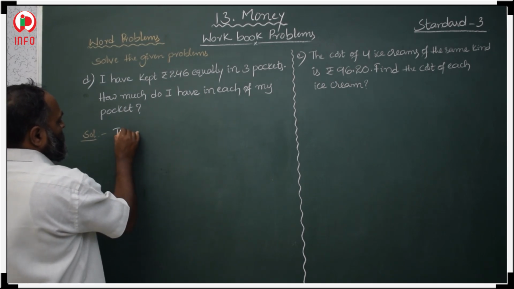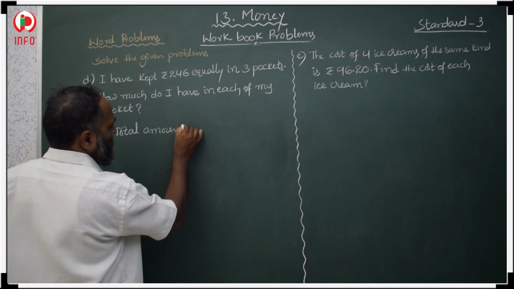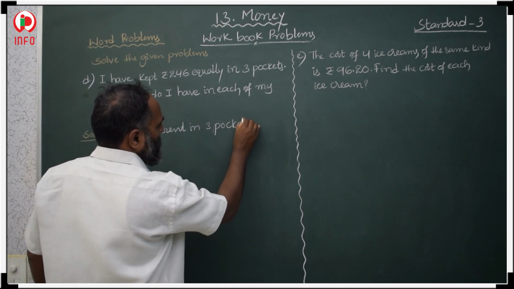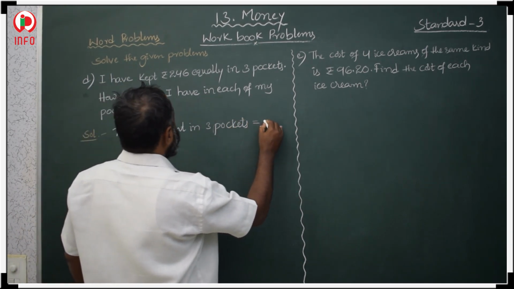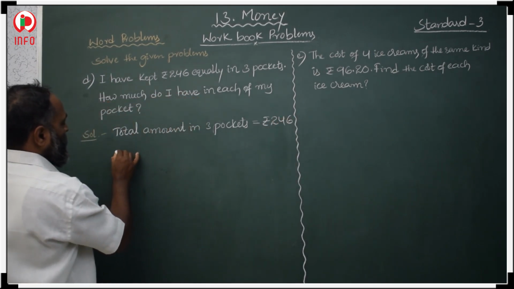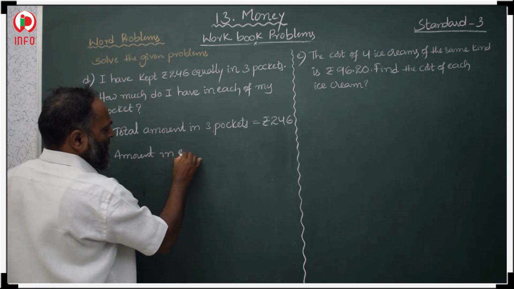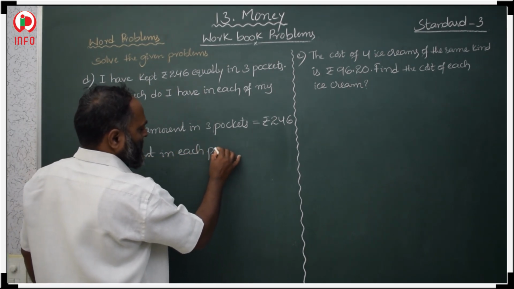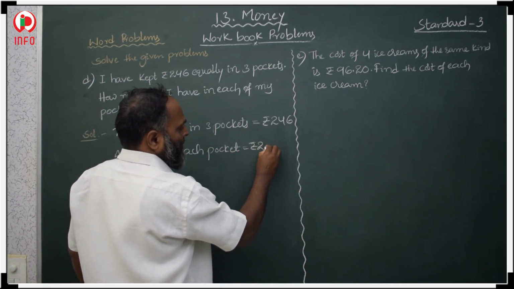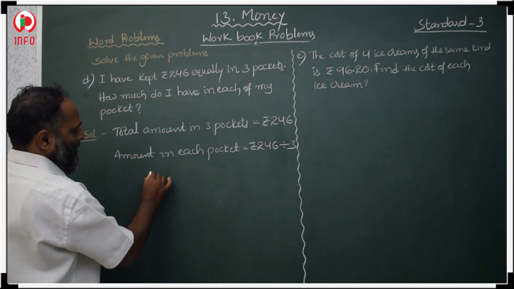Total amount in three pockets, rupees 246. Amount in each pocket is equal to rupees 246 divided by 3. It means 3 divides